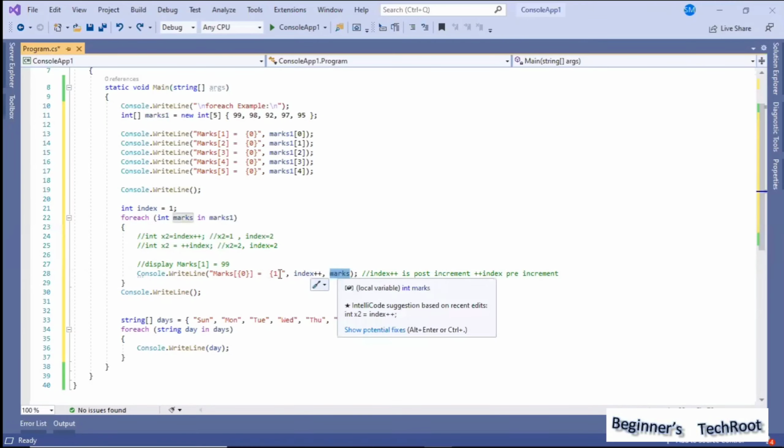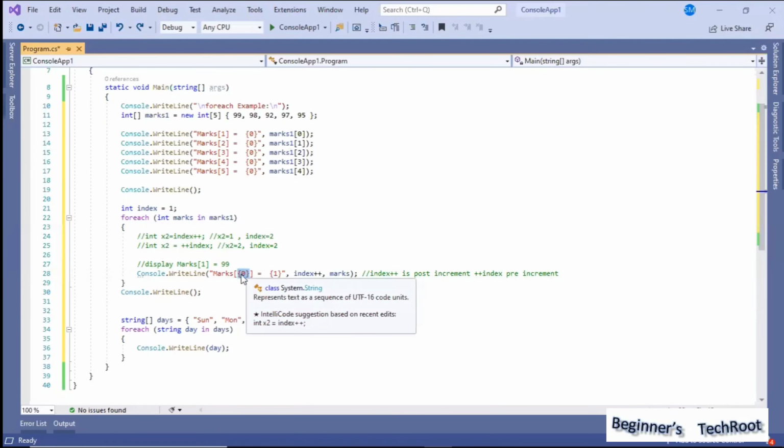When the loop starts for the first time, the first value it reads, index will be 1, so marks 1 equals the first value, 99. Similarly it continues, and we get marks 2, marks 3, marks 4, marks 5. So this is about the use of for each.